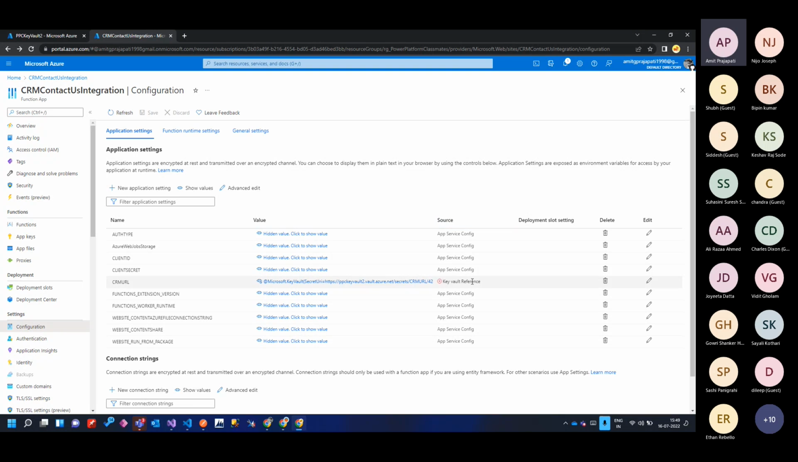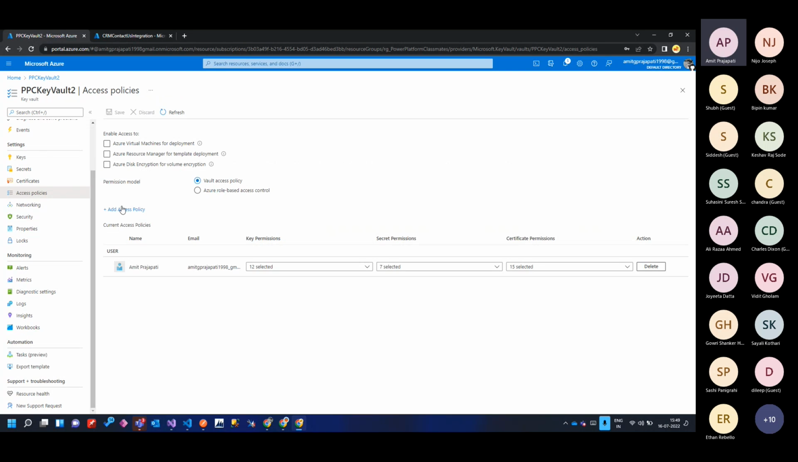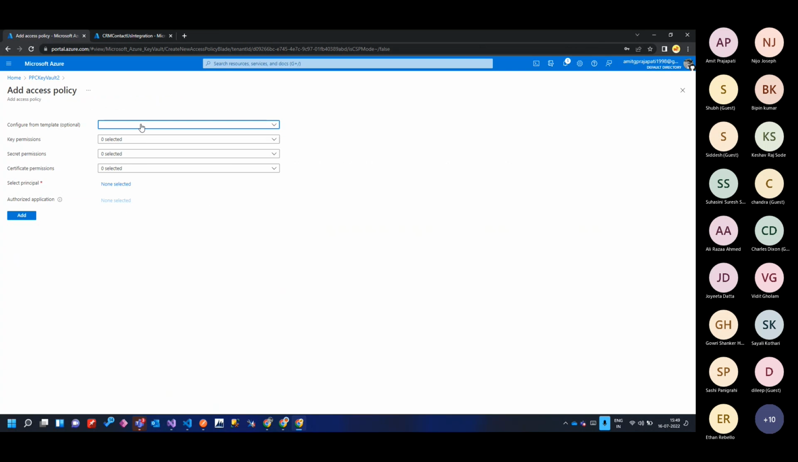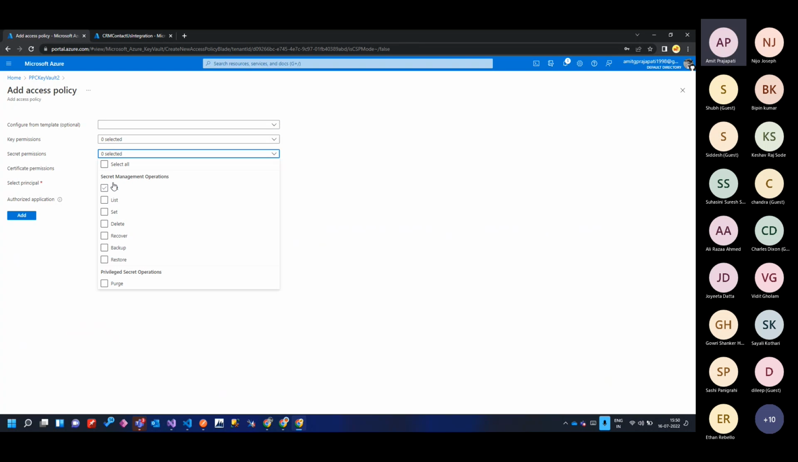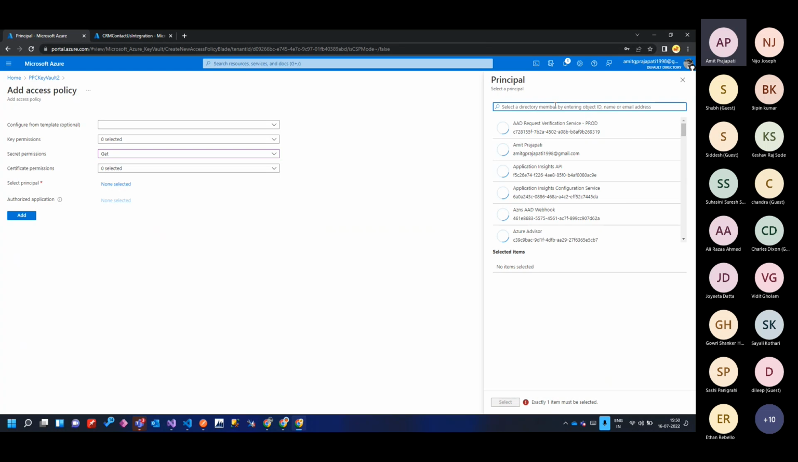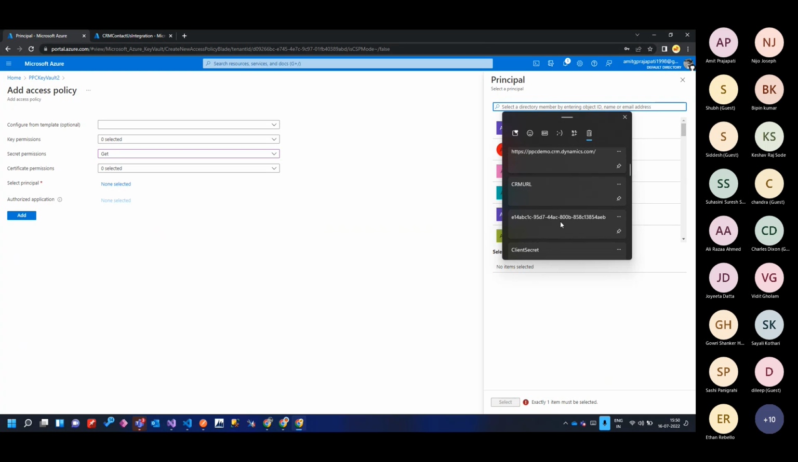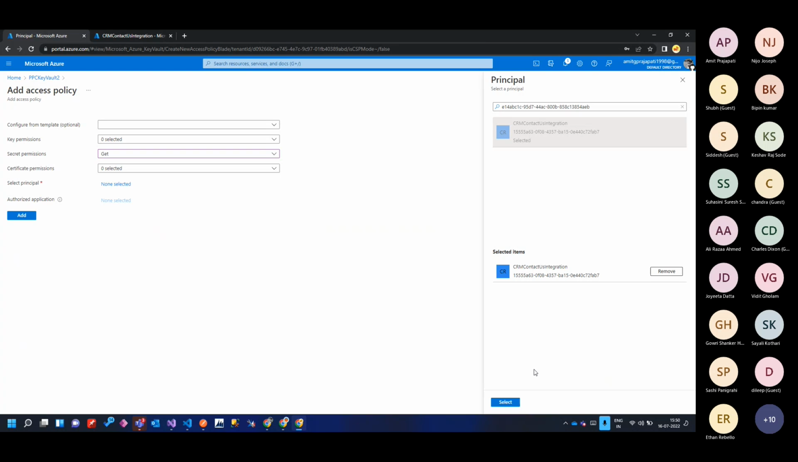So you can see now it's showing a cross. It means that the access policy, or let's say the URL, is wrong, or the access policy is not set. So what I'll do is add that function URL in the